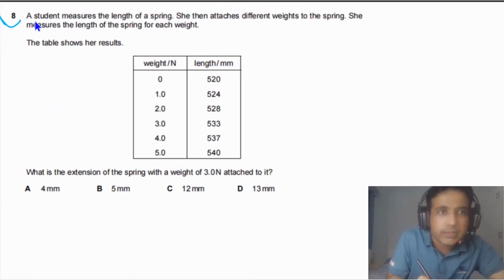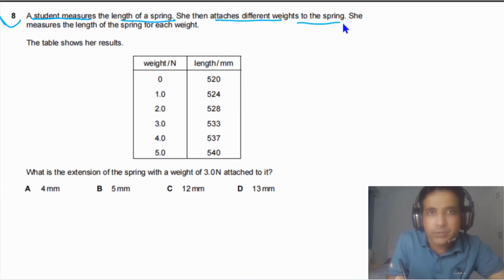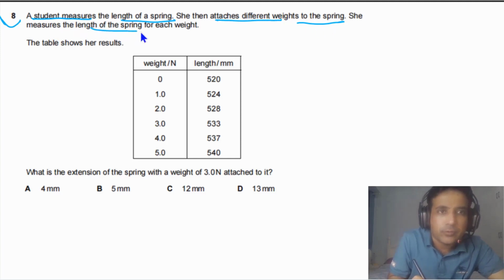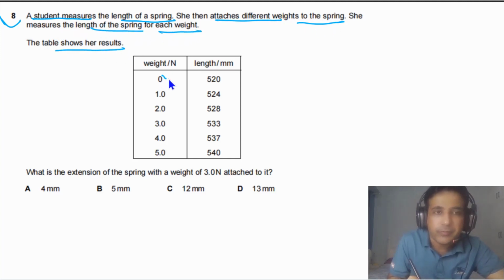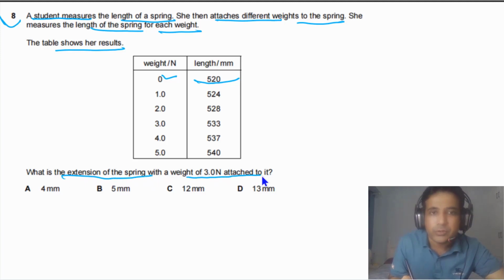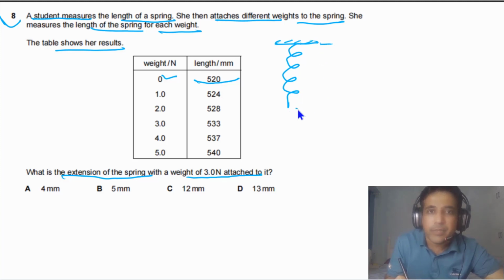Question number 8 says a student measures the length of a spring. She then attaches different weights to the spring. She measures the length of the spring for each weight. The table shows her results. When weight is equal to 0, the length of the spring is equal to 520 millimeters. We need to find out what is the extension of the spring when the weight of 3 newtons is attached to the spring. So first of all, simply we can draw a spring when there is no weight attached with the spring. And this length of the spring is given, that is equal to